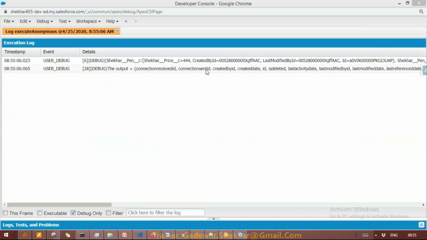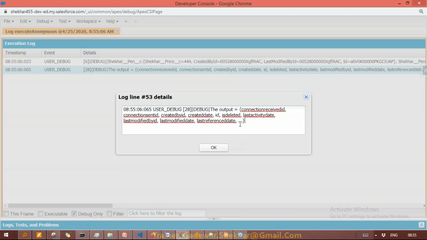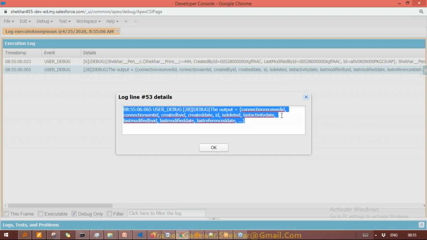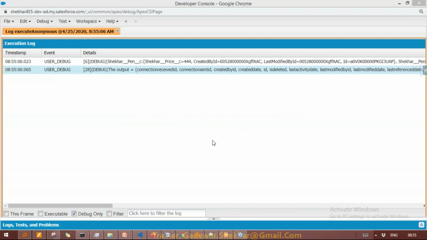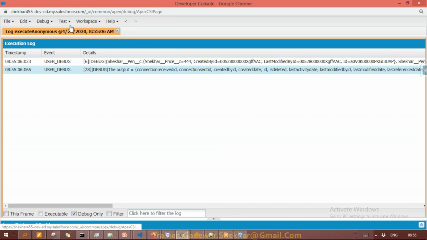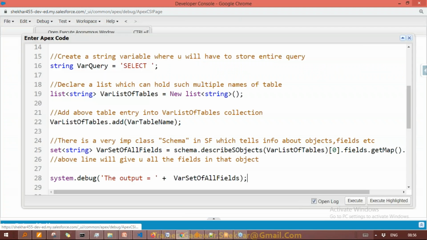So look at this. Now I run this code and you can see I'm getting all the columns. It's coming in cropped format. It will crop because this log file shows limited data. But please note, you can see everything is coming here, one by one, the columns. Created by id, last modified, everything is coming, but in cropped format. That's fine. The log file will show like this only, so it means it's working. All right, so what is the next step? Now the next step is to go back to that code.